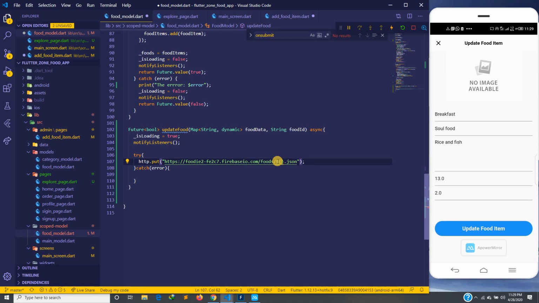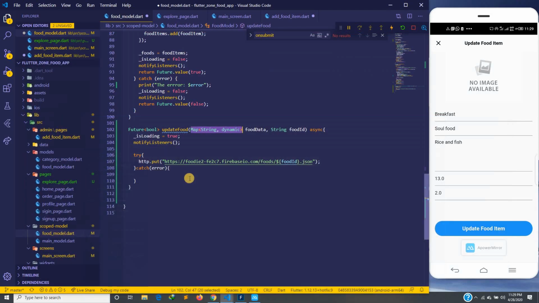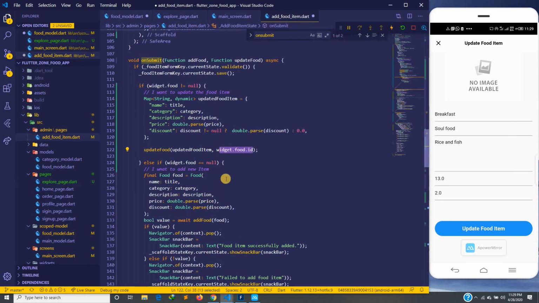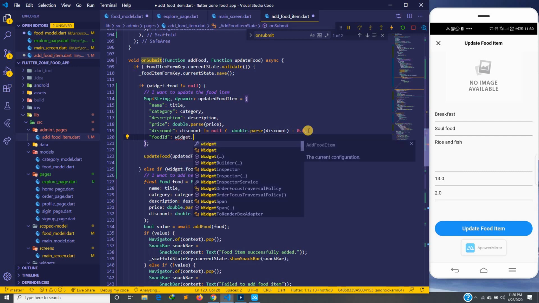You may be wondering, why didn't I add it to the map? Because when we add it to the map here, this is going to create another field here. Let me show you something. Let's say maybe food ID. So suppose I go to this side and I add it to the map and say, let's say food ID here. And I go ahead and do widget.food ID